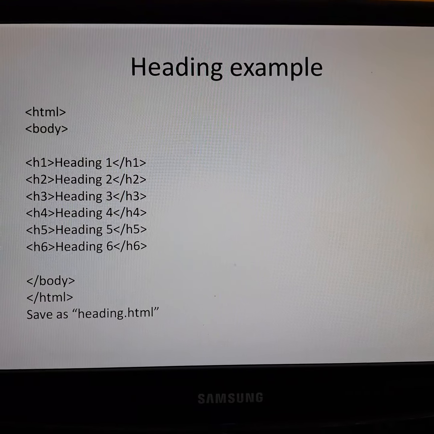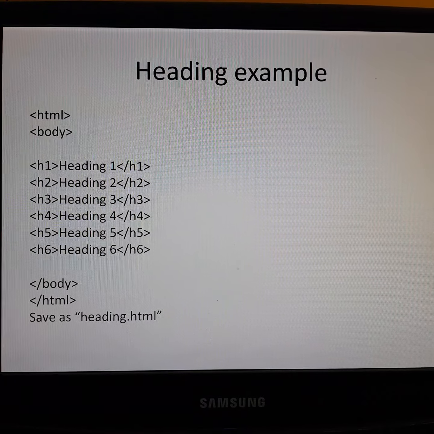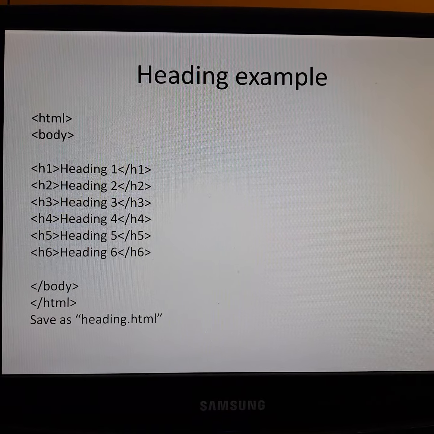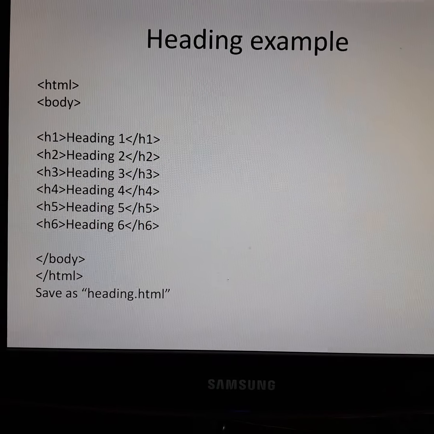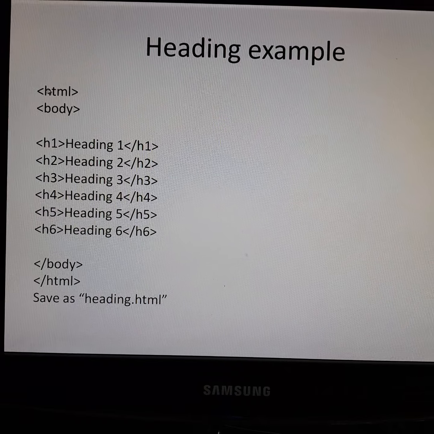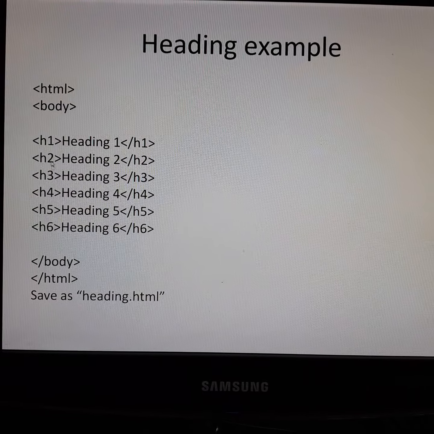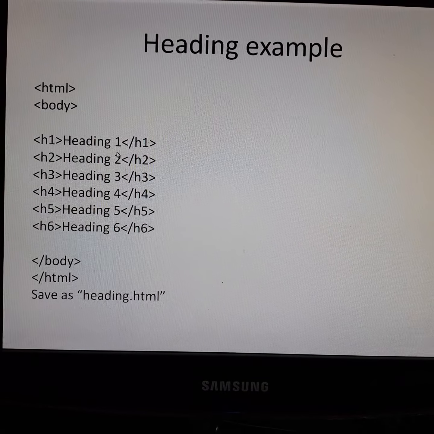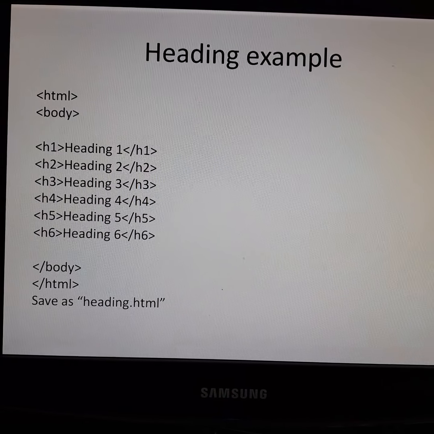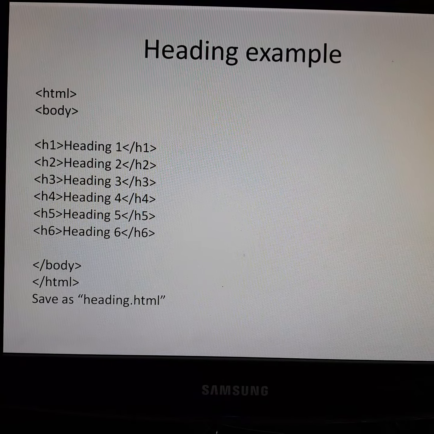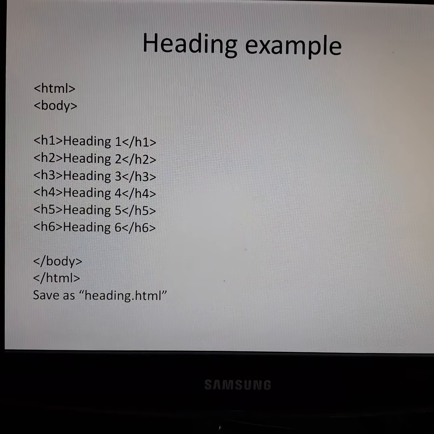Now we see the example of how to create a web page using heading tags. This is the code. First we have to write the root tag HTML, then we have written the body tag, then all h1 to h6 we have written with the text in between the opening and closing tags: h1 heading 1, h2 heading 2, h3 heading 3, h4 heading 4, h5 heading 5, h6 heading 6.